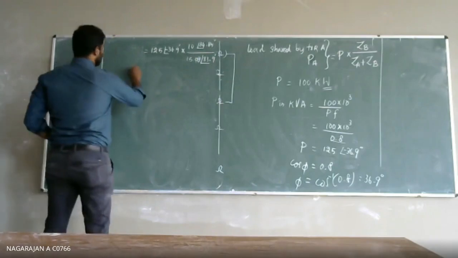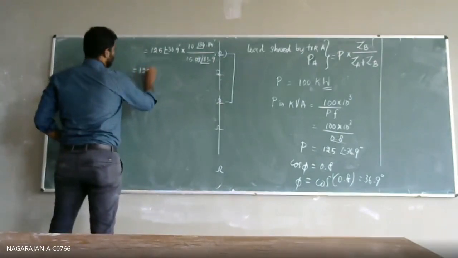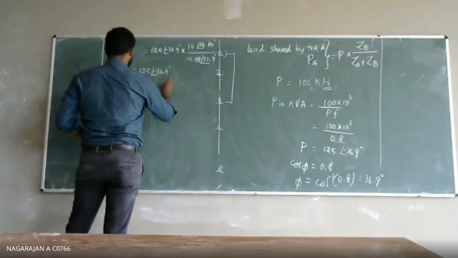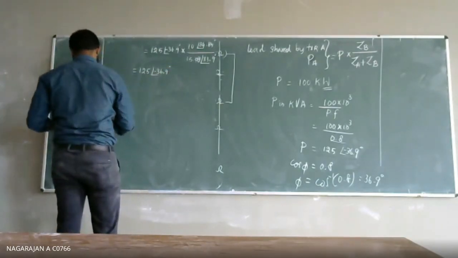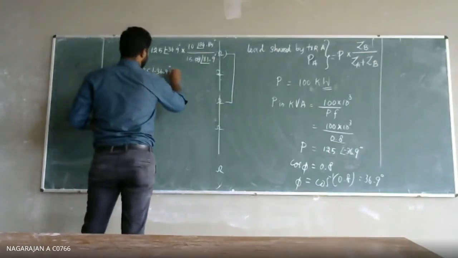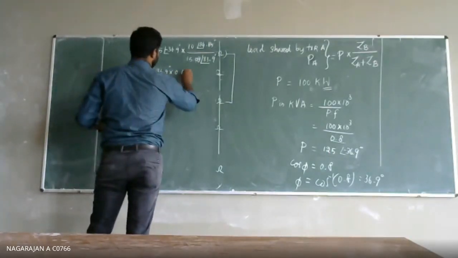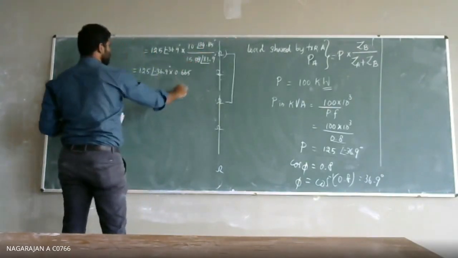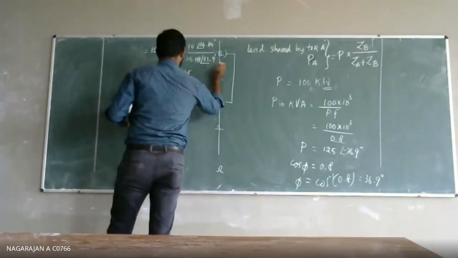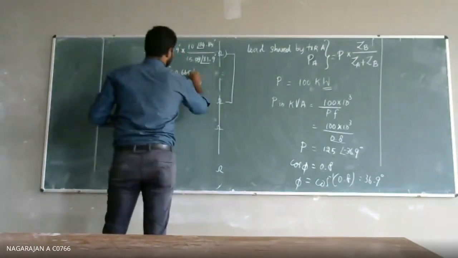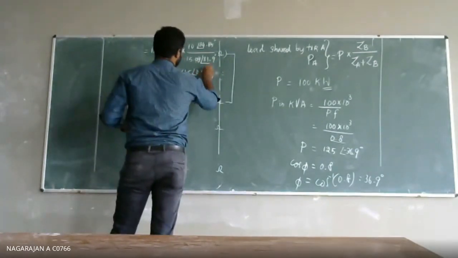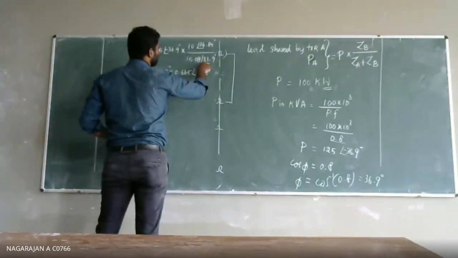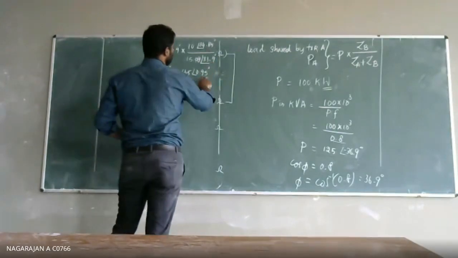So the answer will be 125 with an angle 36.9 degree into 0.665. After dividing 10 by 15.08, you will be getting 0.665. The angle is 0.95 degrees. 84.85 minus 83.9, you are getting 0.95 degrees.